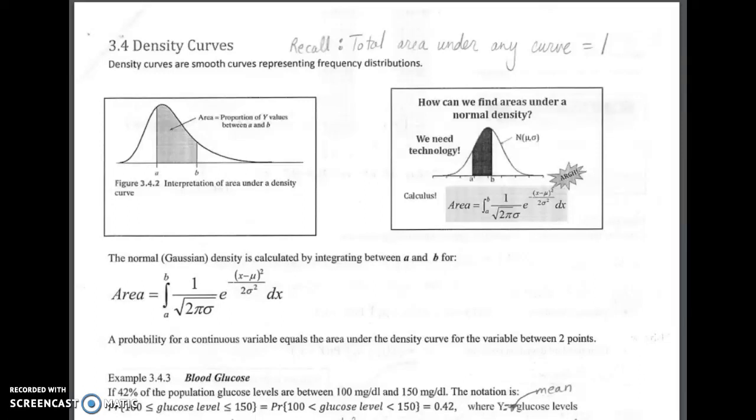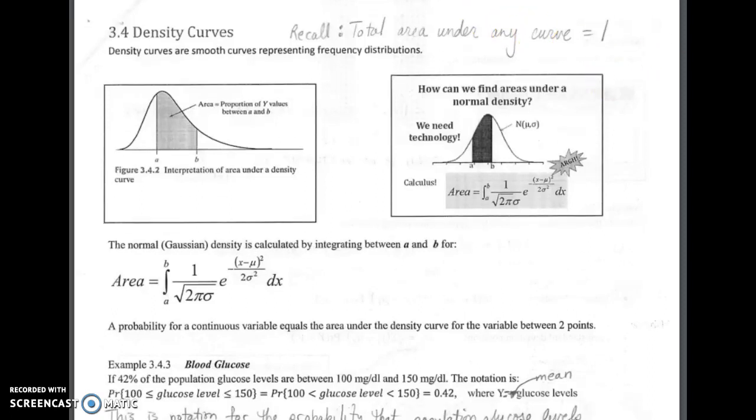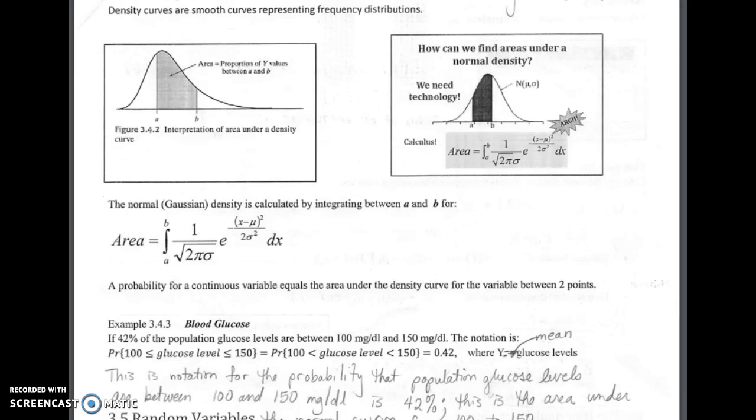Okay, so now we're in section 3.4 of Samuel's text, and we're going to talk about density curves. If you recall from calculus, the total area under any curve is always equal to 1. So we're going to be finding intervals under areas of curves, and we are going to start with the normal curve and the formula for it, which is not anything you really need to know for this class, but it's